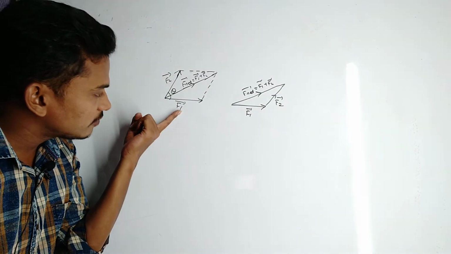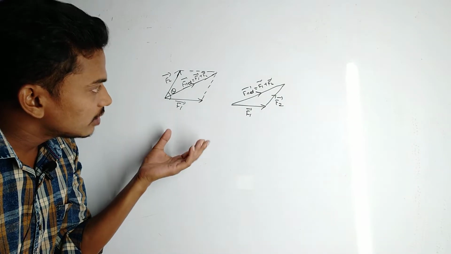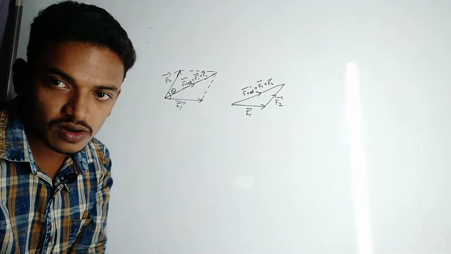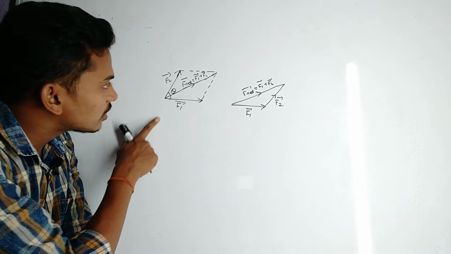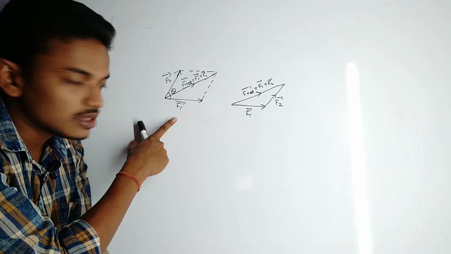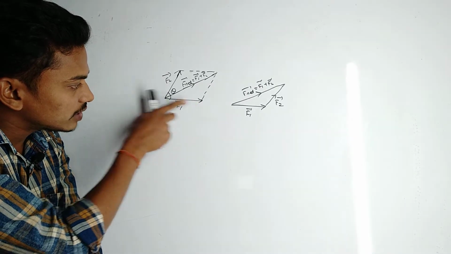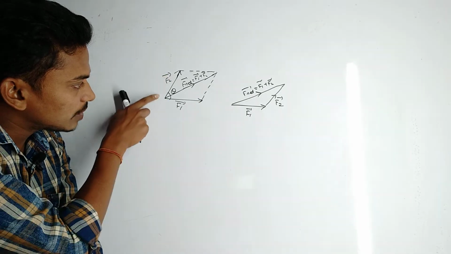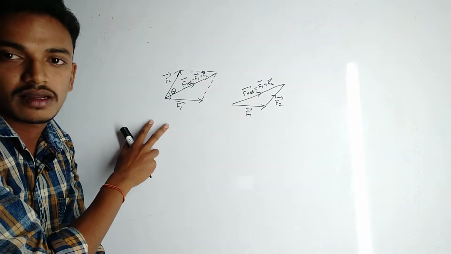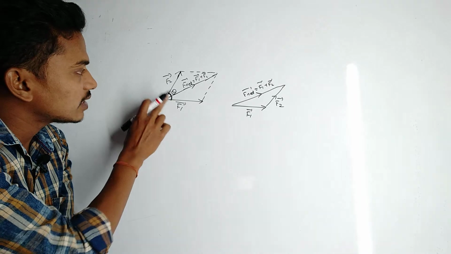Now, a reminder about vector addition. Suppose two vectors F1 and F2 are acting simultaneously at a point. The resultant vector will be given by the parallelogram law of vector addition or the triangle law of vector addition. In the parallelogram law, the connection between the two given vectors is tail to tail. Here the tail of F1 is here and the tail of F2 is here, so the connection is tail to tail, and the resultant will be the diagonal. The angle between F1 and F2 is this, the tail connection.